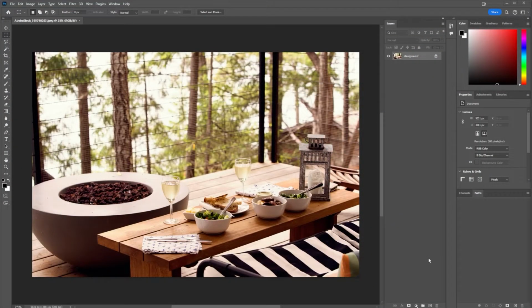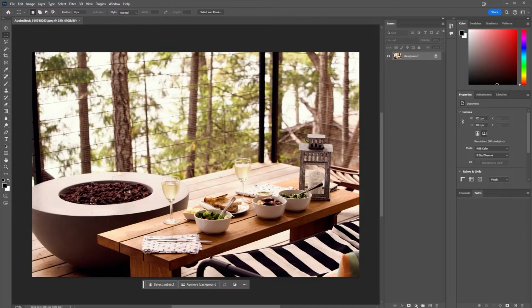Today I want to talk a little bit about compositing in Photoshop with AI. Before AI came around, this was a really challenging thing. I would have to go and find a bunch of stock photos and put them together, edit them and clean them up. It's so much easier now.